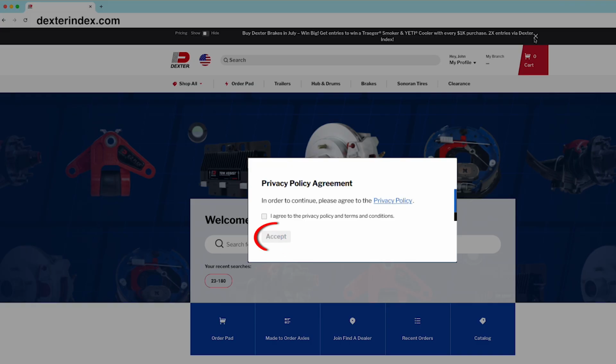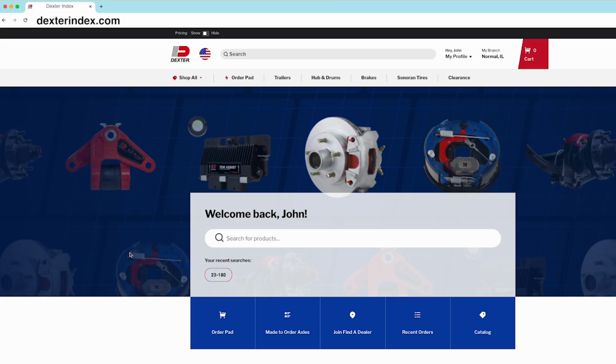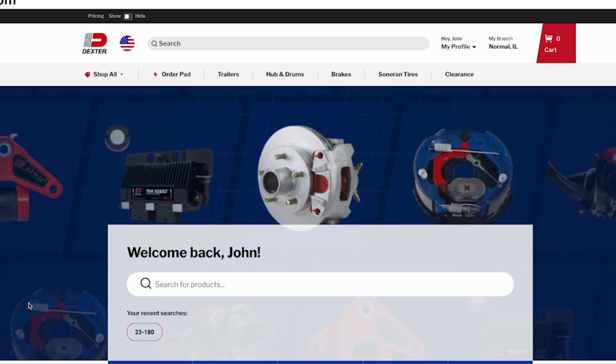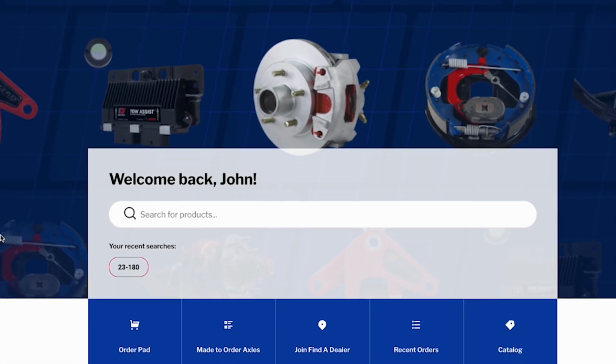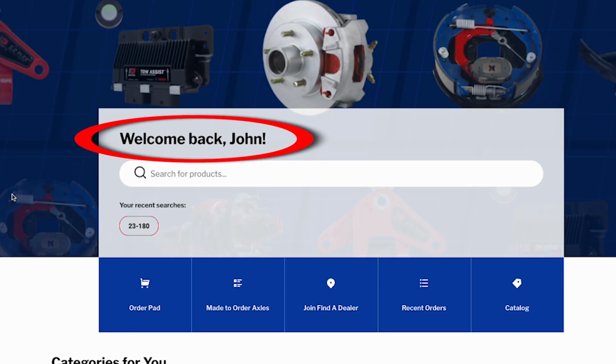Once reviewed, click Accept. Once logged in, you can see the home page, the primary search bar at the top, the Hey, Your Name, and My Profile dropdown, My Branch location, and any active items you might have in your cart. Mid-screen, you'll also find Welcome Back, Your Name, inviting you back to Dexter Index, as well as quick access